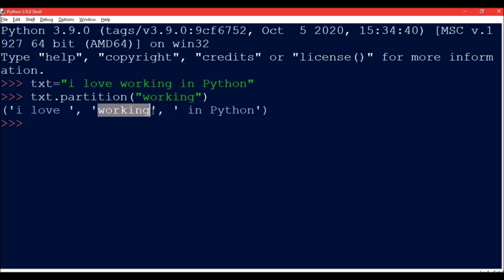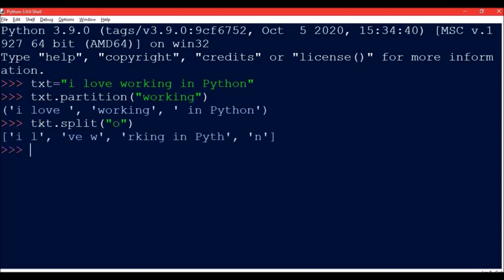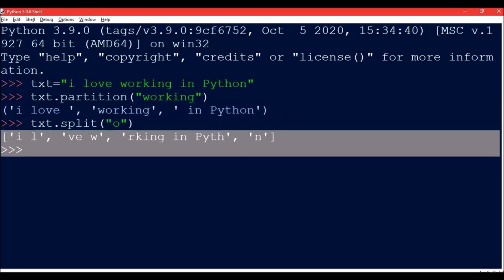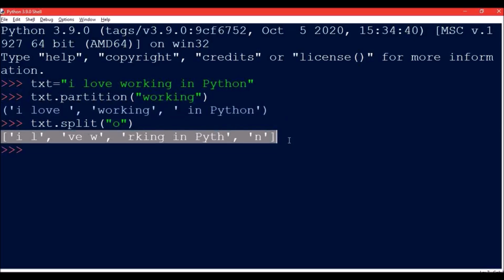Now in split, whatever argument we were passing was not returned. Like if I write txt dot split, and I give the alphabet say O. Now you can see that here first of all it is a tuple that is enclosed in parentheses, and here it is a list that is enclosed in square brackets.